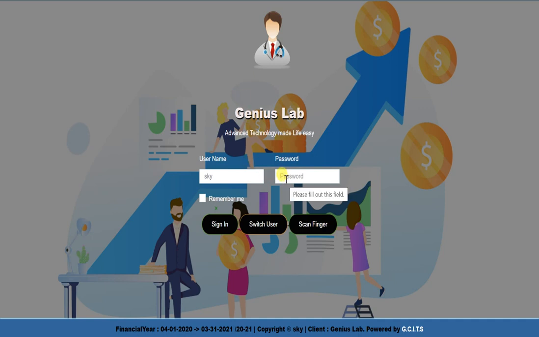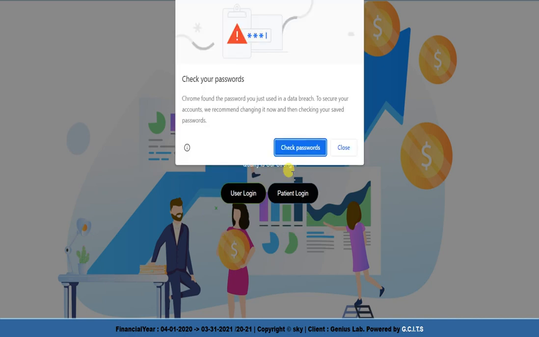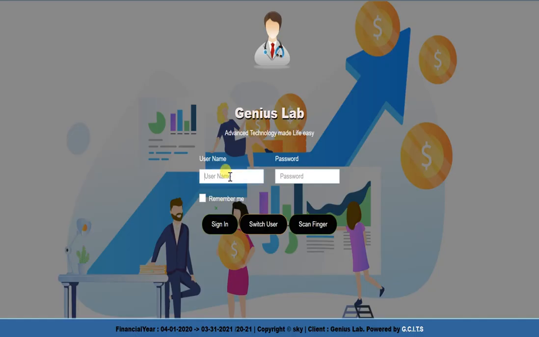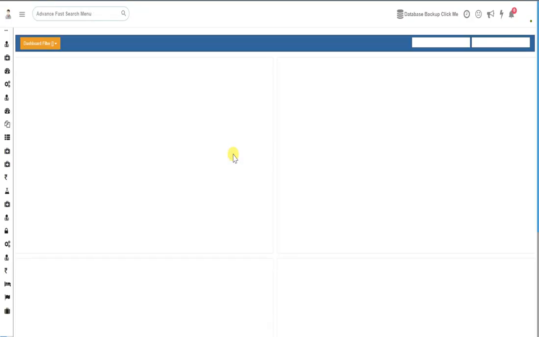So let's start. First, here is the login page. We will start by logging in to the software. The software is logged in. This is your dashboard.